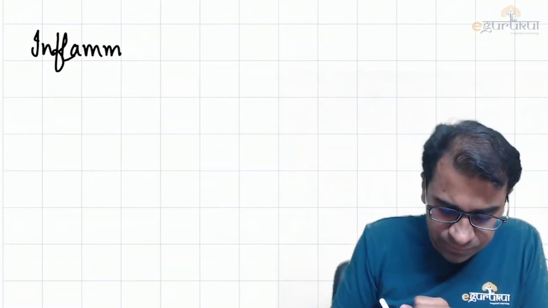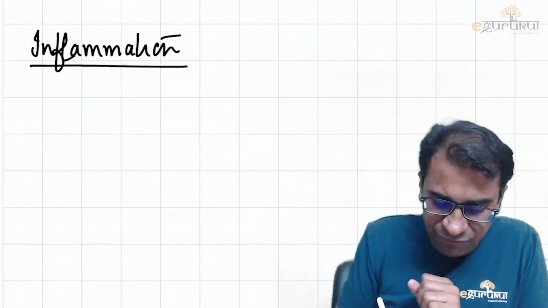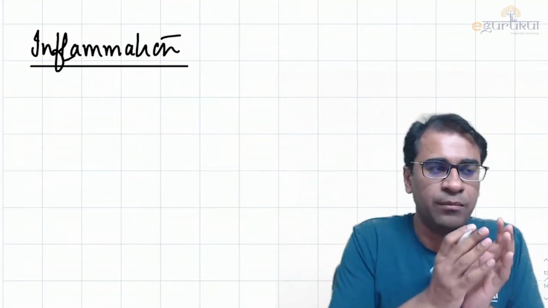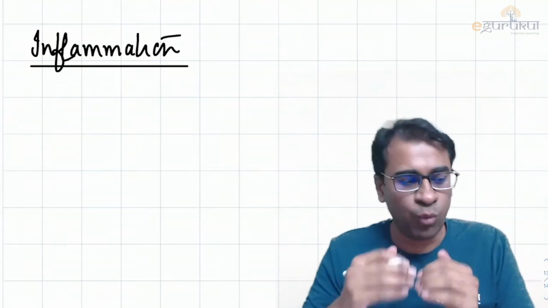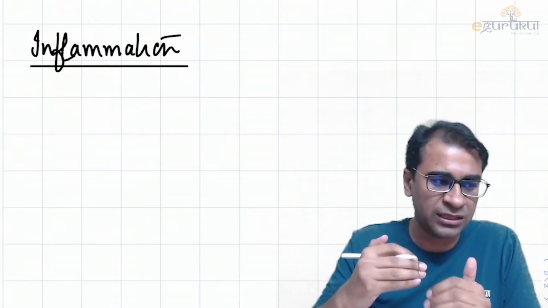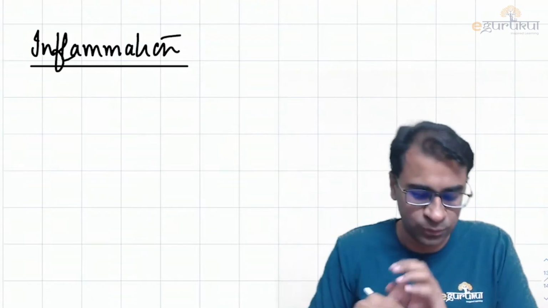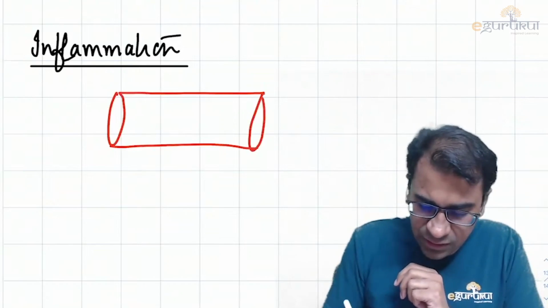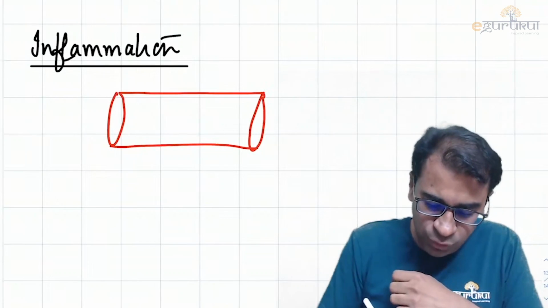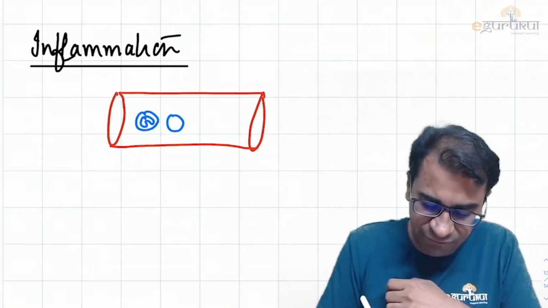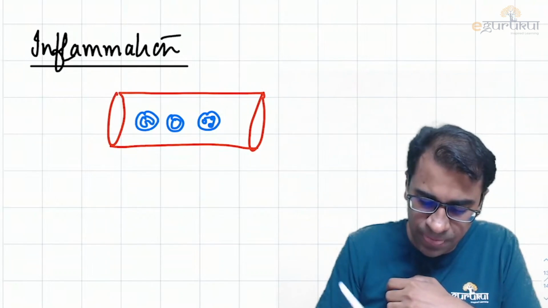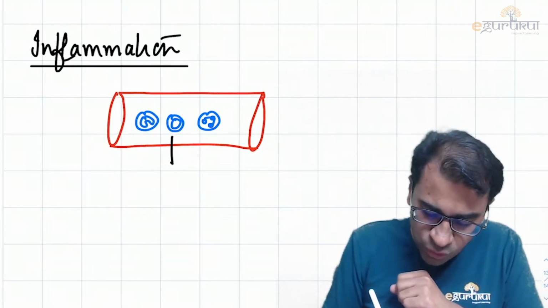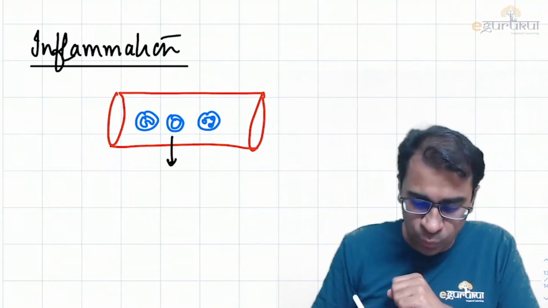If we talk about inflammation, inflammation basically refers to cells moving from the vessels into the tissue. Suppose I draw these vessels here. The vessels have all those cells: monocytes, lymphocytes, and neutrophils as well. These cells must move out of the vessels to the area where there is